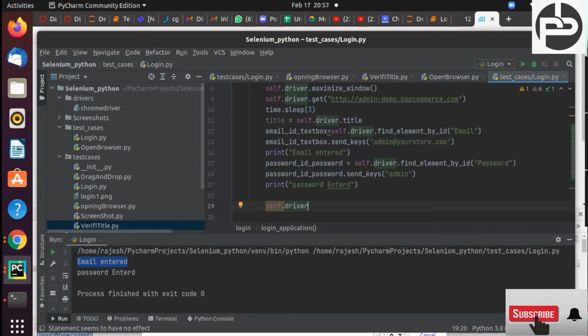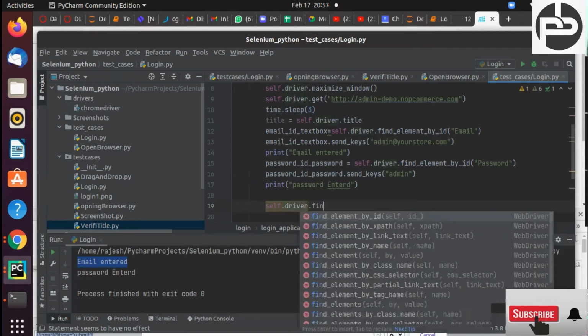In case of Python, self is not a keyword. It is only a construct that ensures that if you are calling something with this name, it will call the current class object. That's all. Okay, driver dot find element by XPath, right?